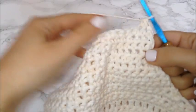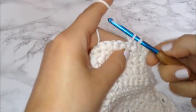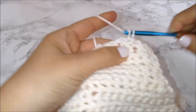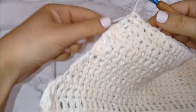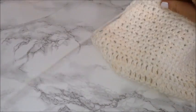Since I already kind of showed how to decrease each row, I am just going to be skipping through this, but I'll probably do 3 more rows of this and then I'll come back and show you what I'm doing next. So now that I've finished the 3 rows of decreases, I am going to be going back into doing